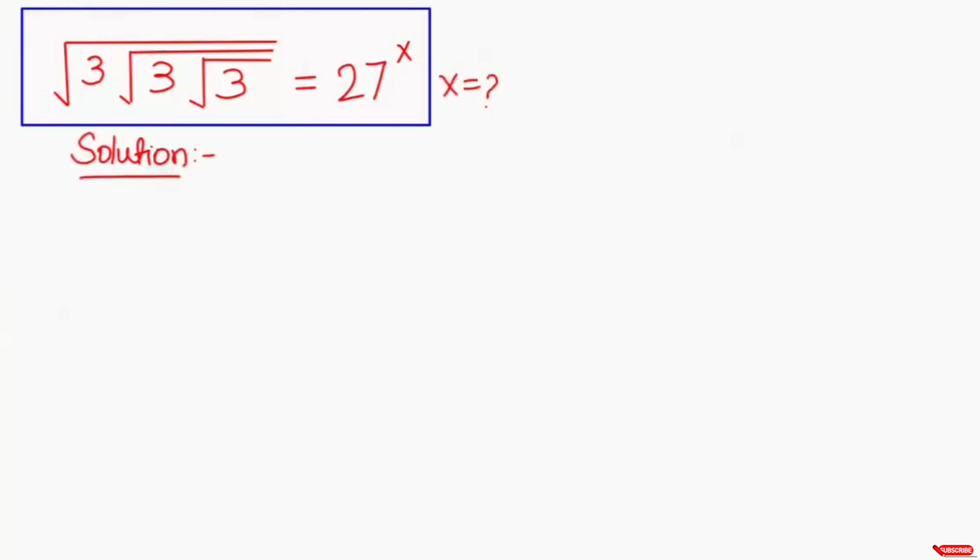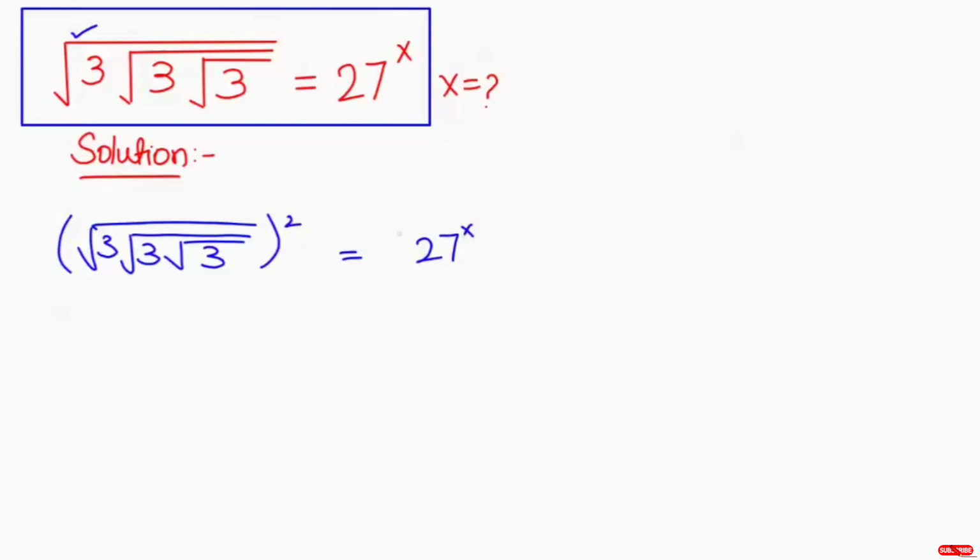In the first step I am going to remove that root. For that I will square both sides. Root of 3 root of 3 root of 3, whole to the power of 2, equals 27 to the power of x, whole to the power of 2. Here this root gets cancelled. So the next expression we get is 3 root of